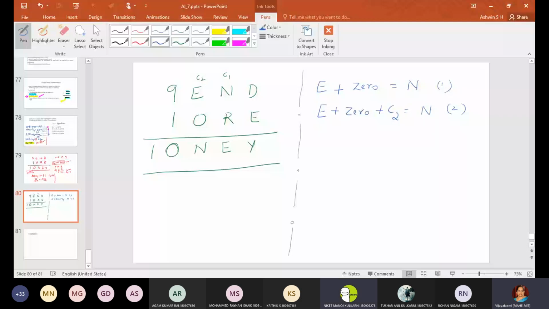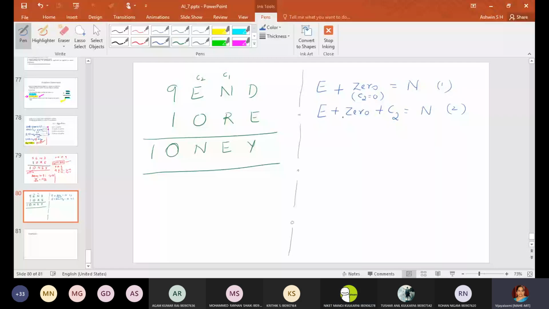Ma'am, what's the first equation? Why do we have the first equation? The second one is the right one, right? No, in the first equation I am assuming C2 to be 0. That means here I am assuming C2 is equal to 0. It is actually equation number 2 only. But okay, we have assumed C2.